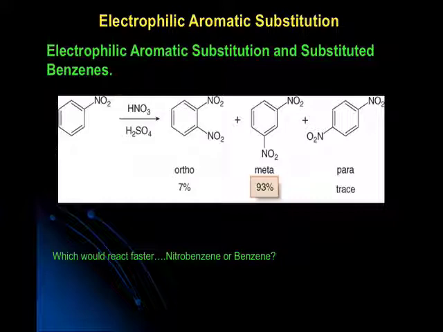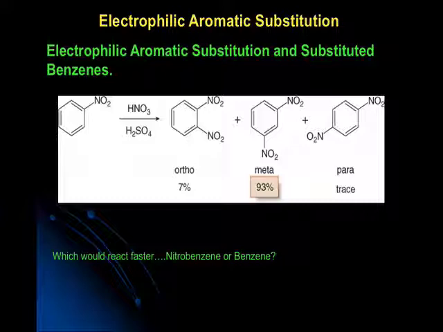I can draw a resonance structure that pulls the electrons right out of the ring, right? All I've got to do is push the electrons here, like that, and I would have a formal positive charge on that carbon within the ring, right? So nitrobenzene is a deactivator. Anna's right about that. Its reaction will go a heck of a lot slower than the reaction with benzene. But the nitro group is a group that's already there, and any group that comes in, it's going to direct